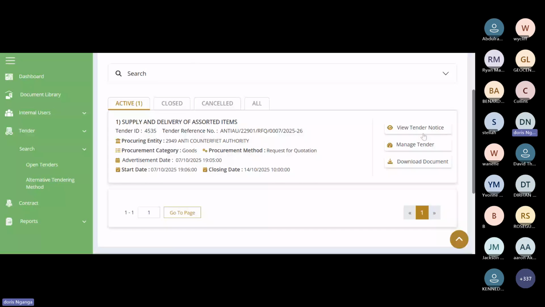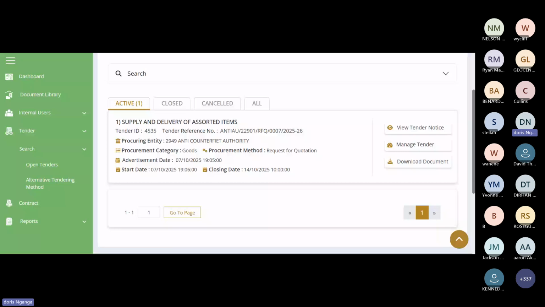So we have viewed the tender notice and we have downloaded the document, and I want to assume at this point you have given yourself time to look through the tender document and see what this procuring entity intends to procure, what are the items that they need to procure. You can do your own research so that you know when you're submitting this document what kind of information you require, how much you need to bid, and the technical requirement as required by the procuring entity.